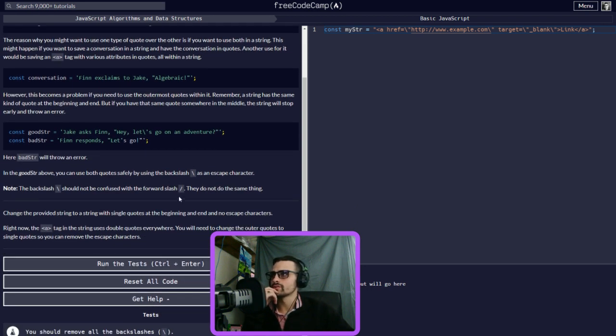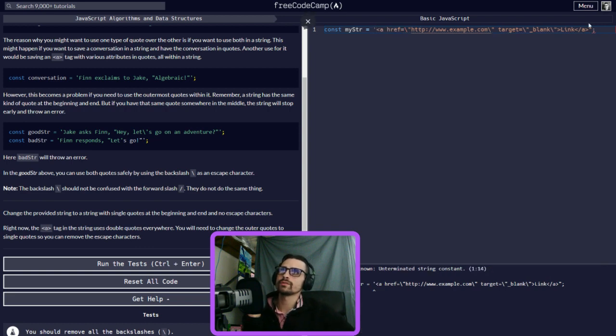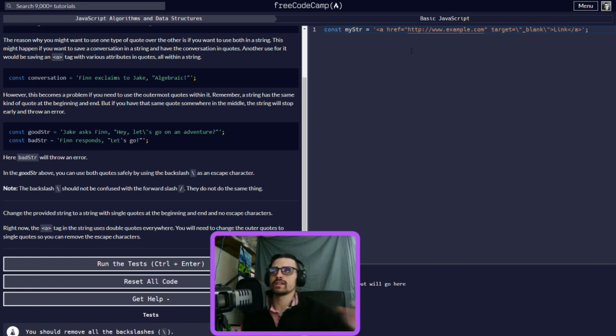Change the provided string to a string with single quotes at the beginning and end and no escape characters. So this is what I'm saying. We're going to go here, do it with a single quote, and end it with a single quote. So it should say from right here to here. So we don't need this backslash, because it's the escape character. Since we just switched this to a single quote, we can take out the backslash here because this right here is going to be its own quote. We can take out the escape character here,